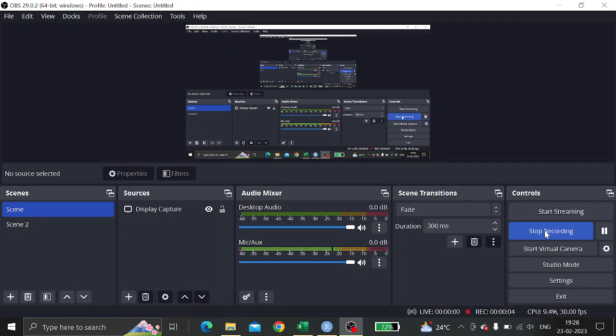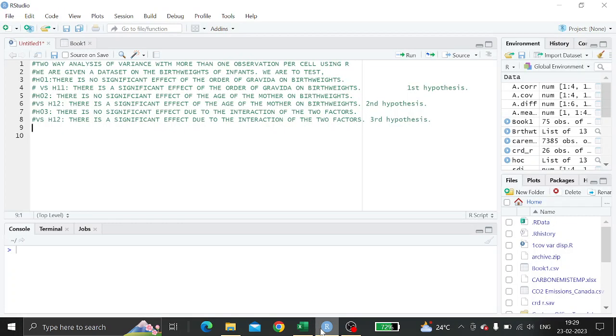In today's video, I will discuss how to perform a two-way Anova with more than one observation per cell using RStudio. So we are given a data set on the birth weights of the infants and we are to test three